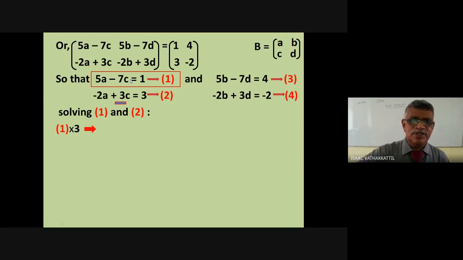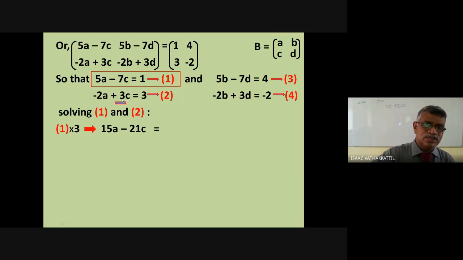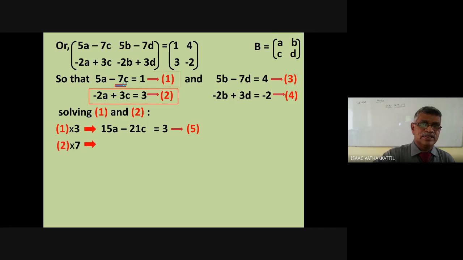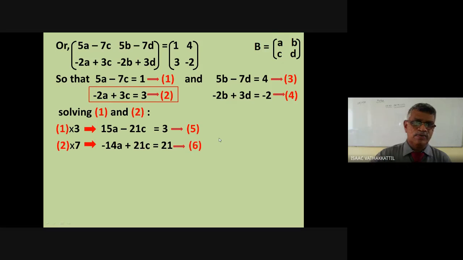I can eliminate c if you multiply the first with 3 and the second equation with 7 and add. Or I can eliminate a and get c. So here I am going to eliminate c. So multiplying the first with this coefficient 3, you know how to use the elimination method. That is more comfortable here. 15a minus 21c equal to 3. And when I multiply the second equation with the coefficient of c in the first, that is 7, you can avoid the minus sign because you are going to add or subtract accordingly. So multiply with 7, you get minus 14a plus 21c equal to 7 threes are 21.